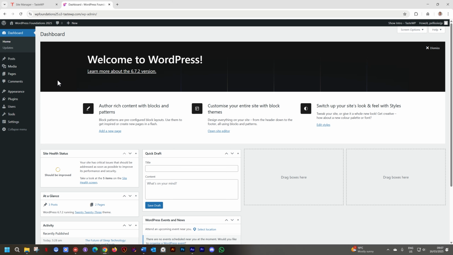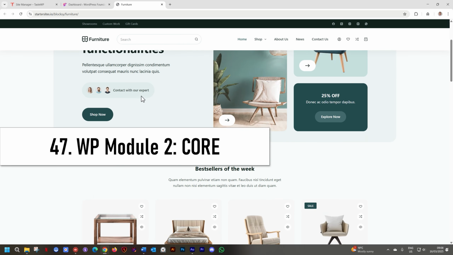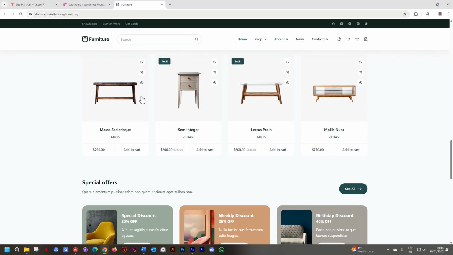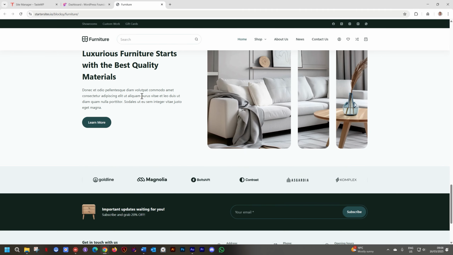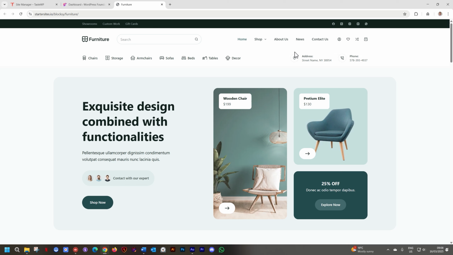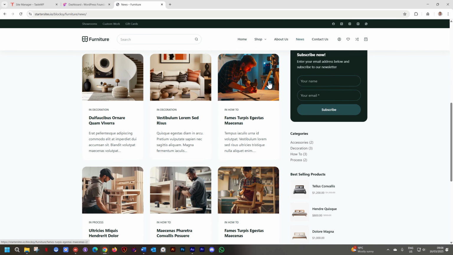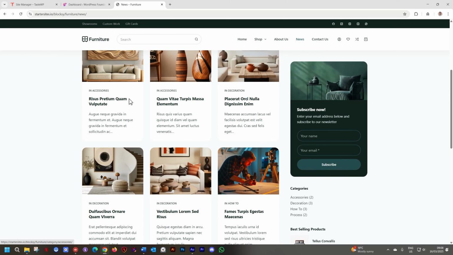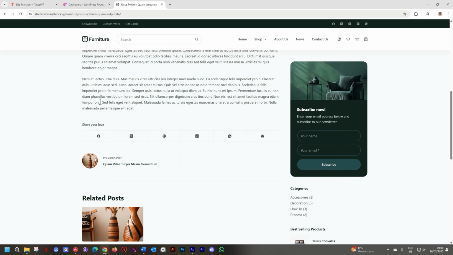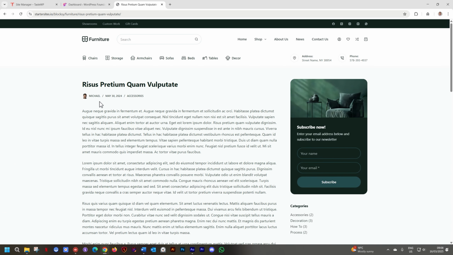And for that, I'll just open quickly a demo site. This site here was created with WordPress. It's an e-commerce site. You can see that. We have a shop here. We have single pages. We also have a blog section, news section. But look at this blog section. Unlike anything we did in this foundations. If I click on this single post and we view the single post, look at this. This is not what we did in the foundations, but this is what we want.